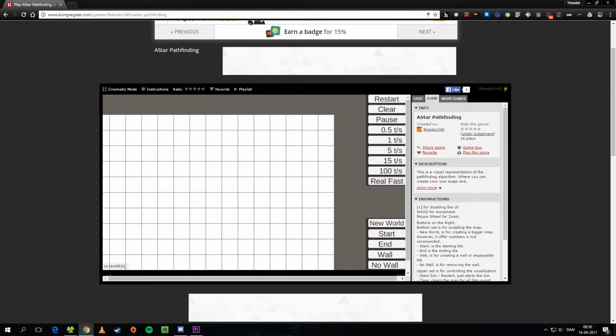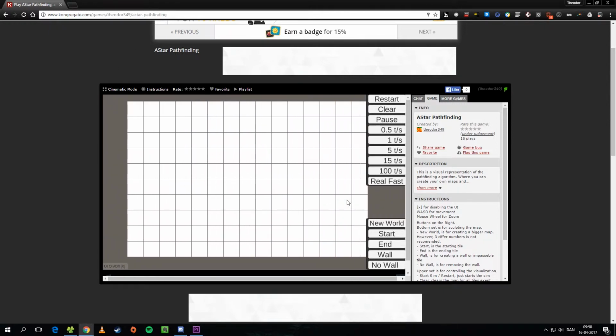If you want to play around with your own maps and have a look for yourself at how it works, I have made a small game/program for you to use. And you can find this game at Congregate, games/Theodor349/Astar Pathfinding. And how it works is that if you have the game marked, you can move around with WASD,